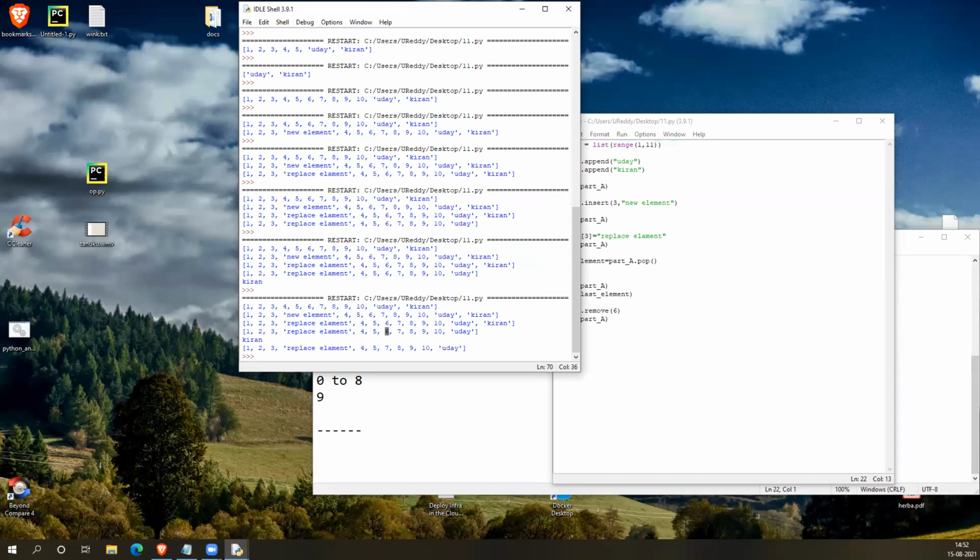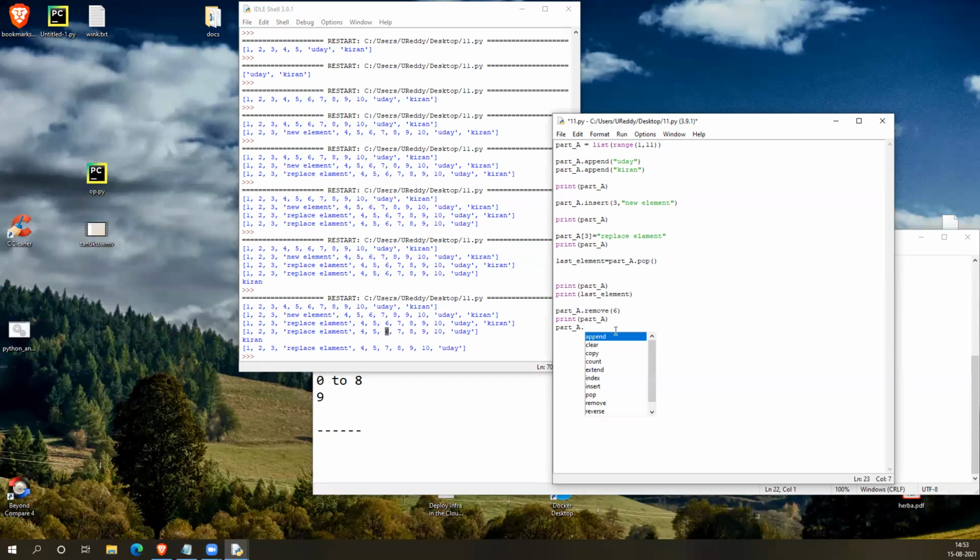If you type part_a dot and just wait for a few seconds, it will show all the different functions available. Clear will delete all the elements and make it an empty list. Copy will create a new copy of the list. Count is like the length function. Length is an outside function, while count is the internal method of this object, which will provide you the number of occurrences of an element.